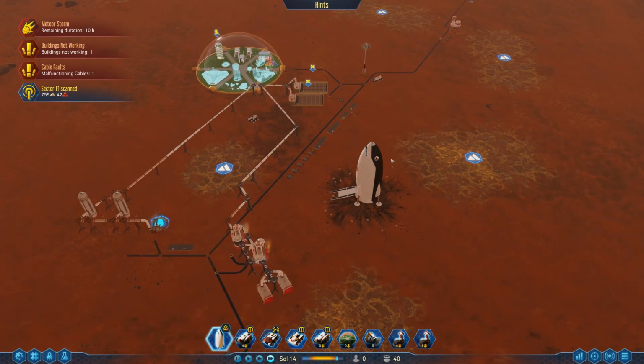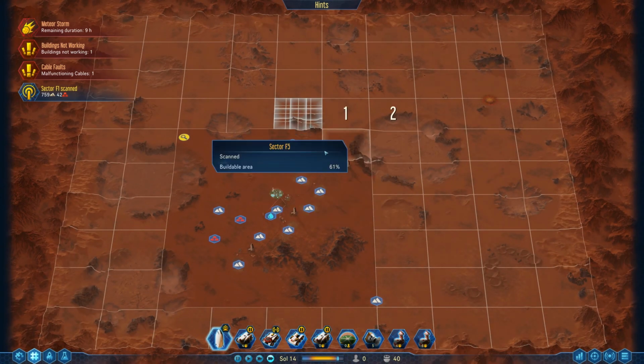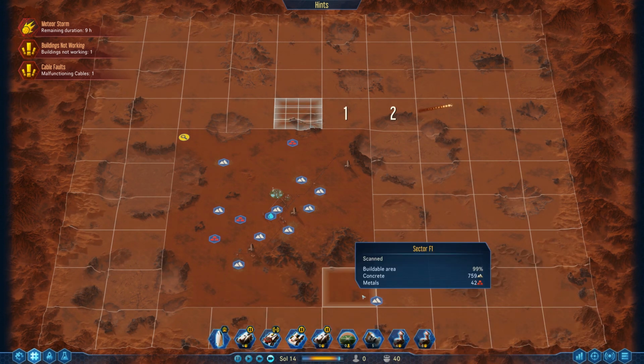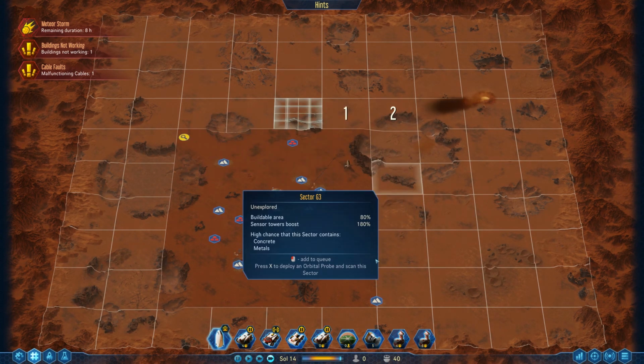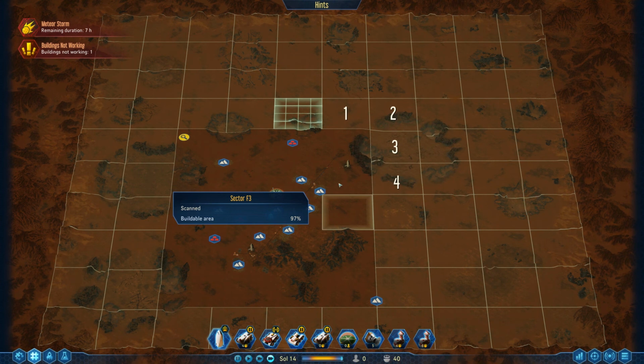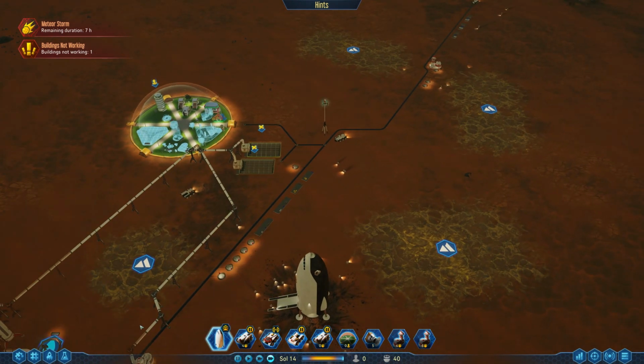Okay. Oh yeah, we scanned the sector. Okay, so where did we scan? Down here? Yeah, that looks like where we scanned. Alright, and then we're just scanning this area as well. Quite a quick scanning going on, but unfortunately...